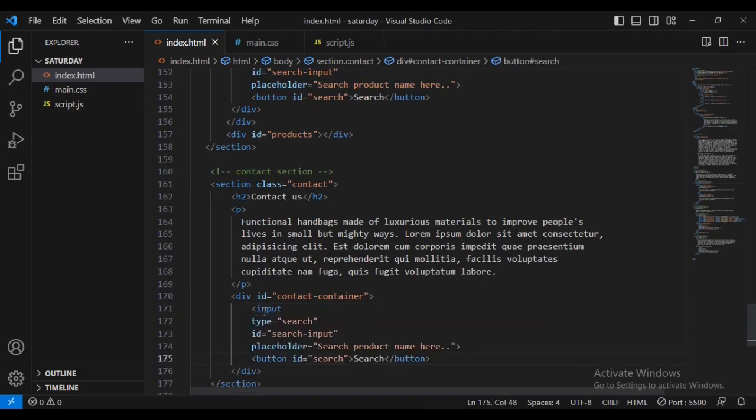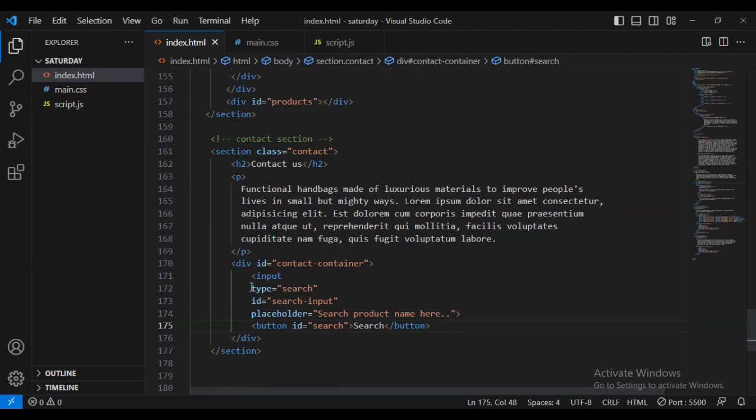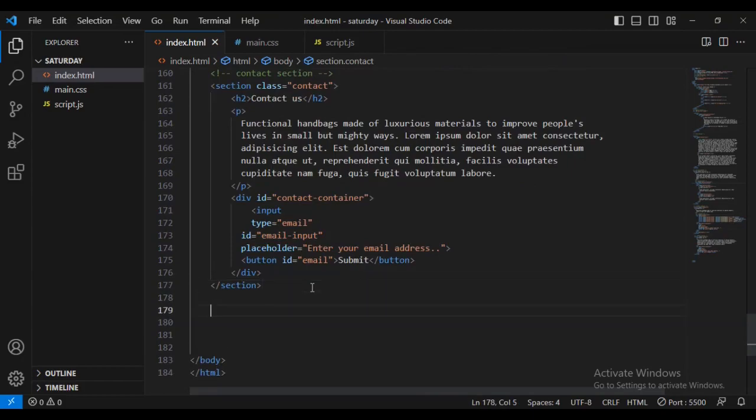Then we just need to edit the values: the type is email, the id is email input, the placeholder is "enter your email". Then for the pattern, I'm going to give it an id of email. Once you're done with this one, we are going to add